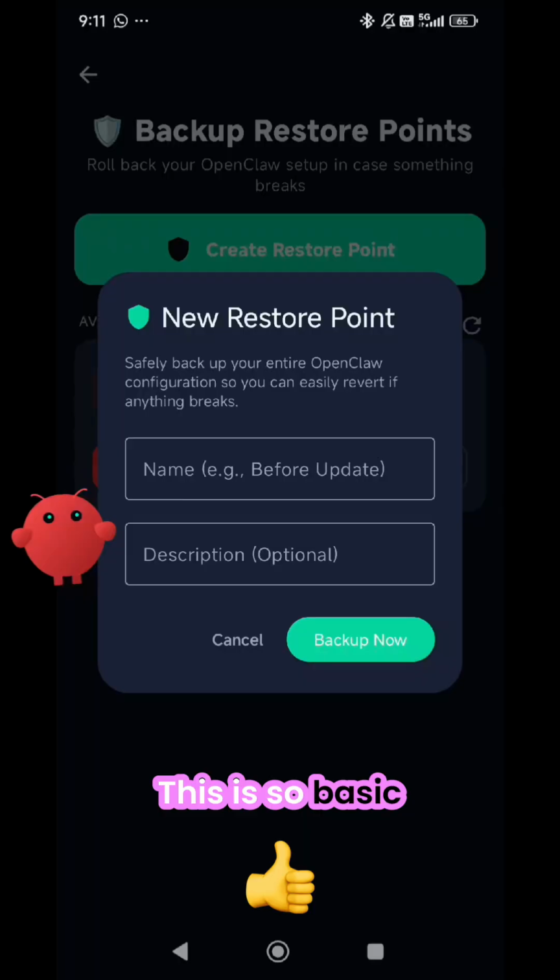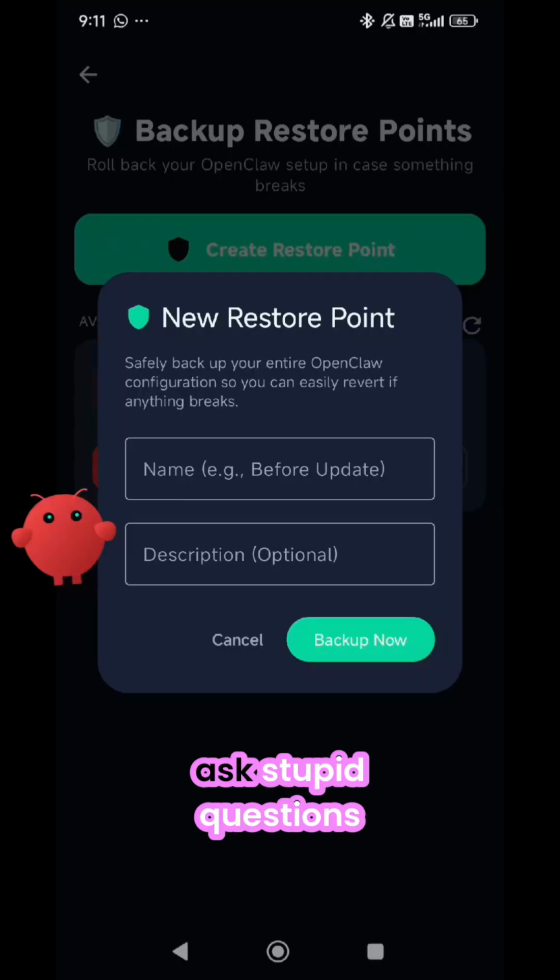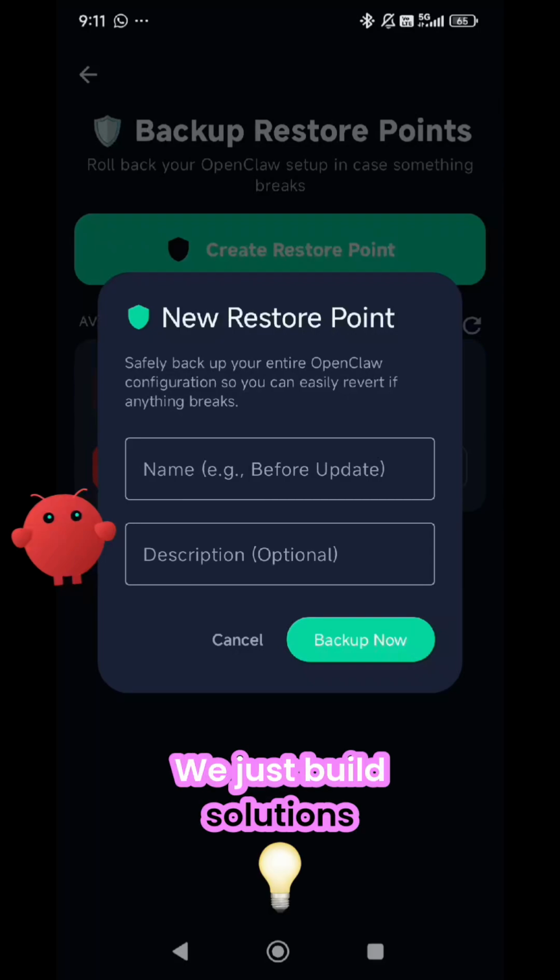This is so basic. Why doesn't this come included with OpenClaw? Well, who cares? We don't have to ask stupid questions. We just build solutions, and that way